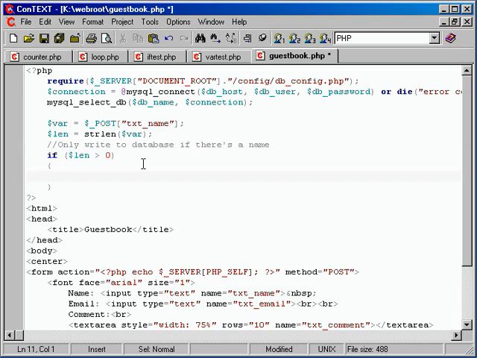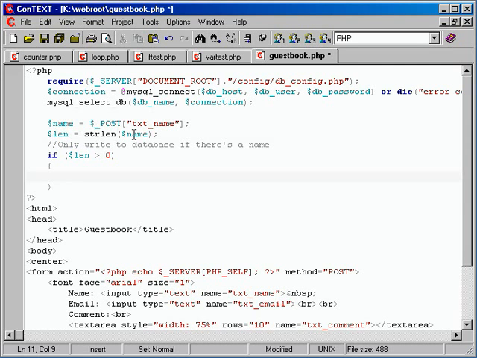So if there is in fact characters written in that name field, we'll go ahead and get the rest of them and store them. I'm not going to use var here because we'll need that later. We'll need to know what the name was because we're going to be writing that to the database. So I'm going to actually call that name because we'll be using that in just a second for actually storing in the database. So now we've got name, checking the length of name, and